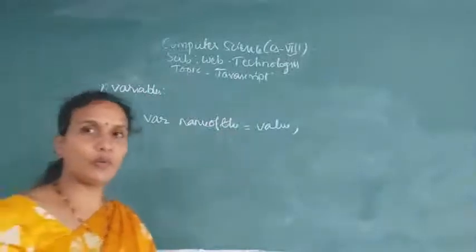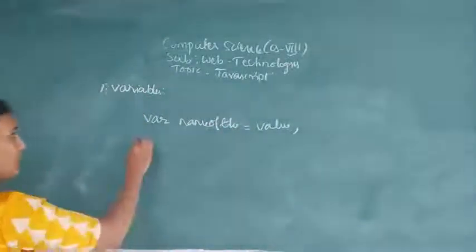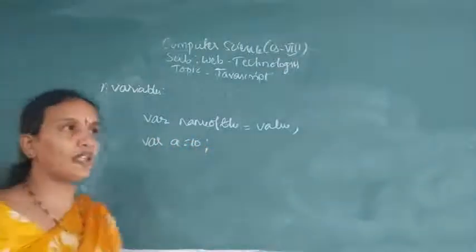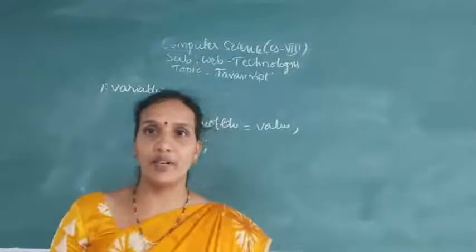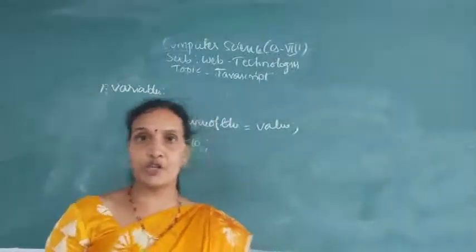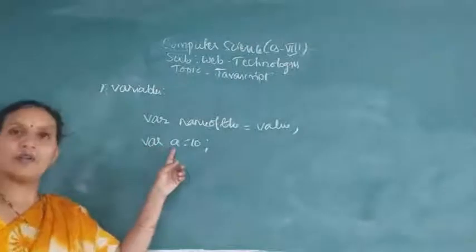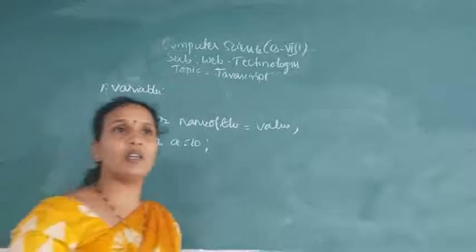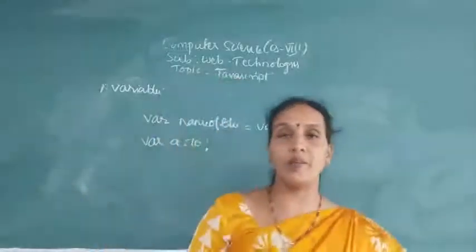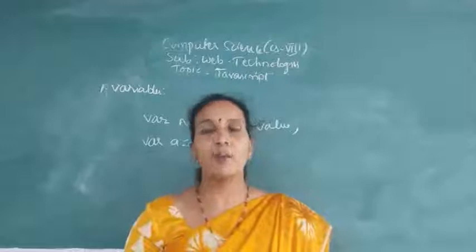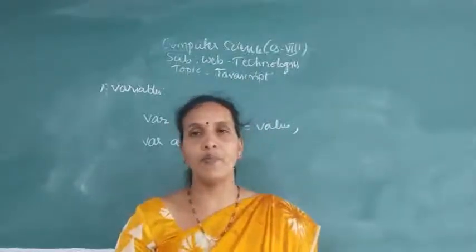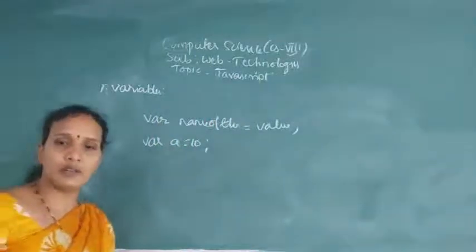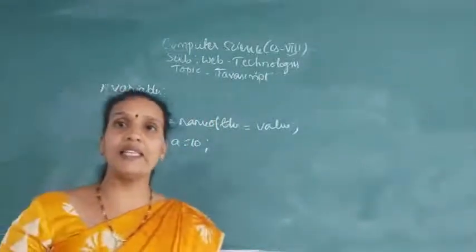Okay, var, name of the variable, equals value. For example, var a = 10. So here we don't have predefined data types like int, float and char. Whatever the variable may be, it should be preceded with the var keyword, name of the variable, equals value. But how does JavaScript give a data type to a variable? It depends on the value you are storing in the variable. Based on that, it gives the data type. For example, here I have assigned an integer value, so internally it is treated as an integer variable.